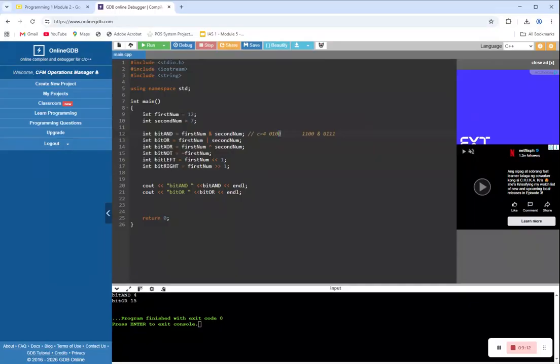So 1 and 0 is 0. You have your 1 and 1, that's why you have 1. 0 and 1, you have 0. That's why the answer is 4. So you have 1, 2, 4. The value of this bit will be 4.